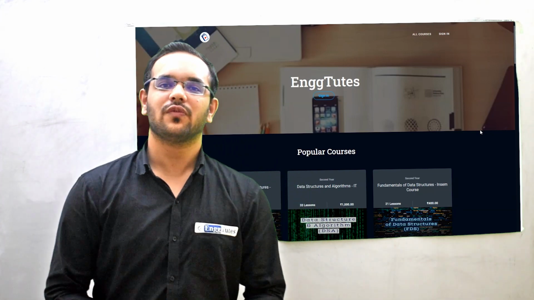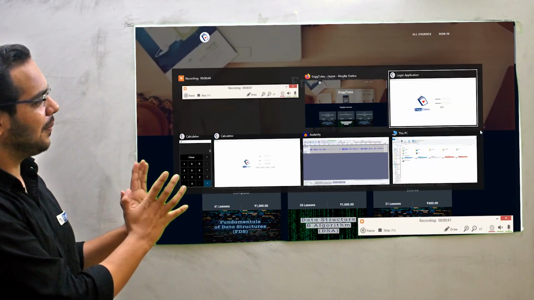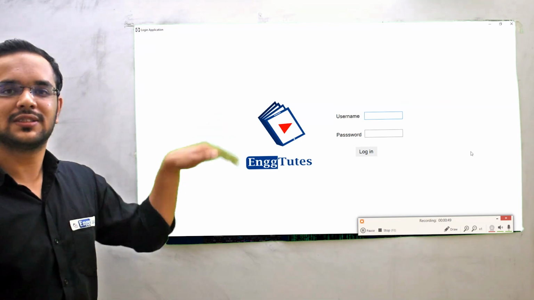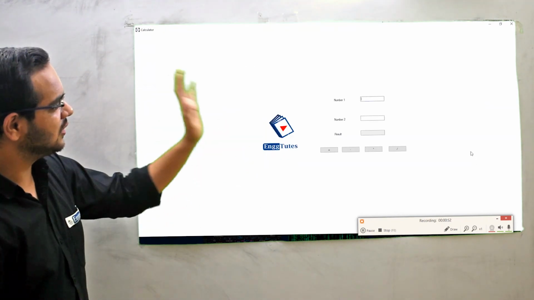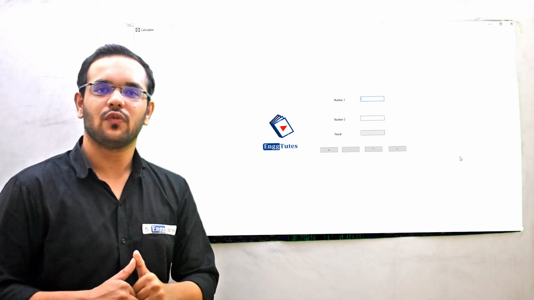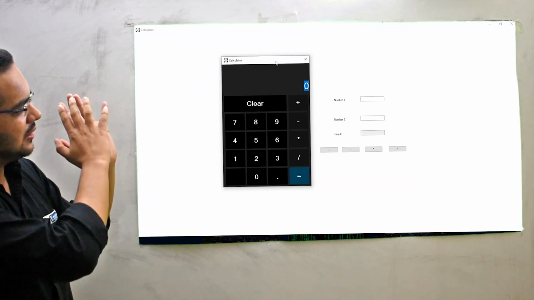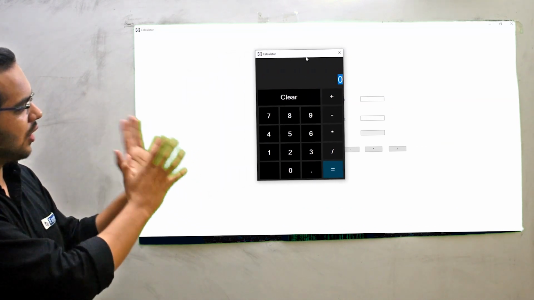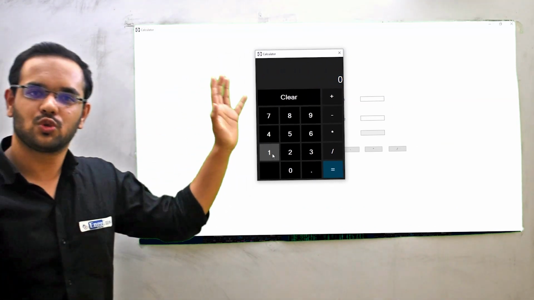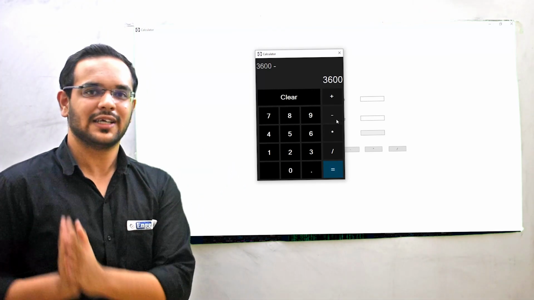In the last video, we saw how to make our first application, a login application. Then we modified this application and transformed it into a simple calculator application. As I told you, in this video we are going to see how to make this beautiful looking calculator, which is not only a real world looking application, but is very close to the default Android or Windows calculator. Right? So let's start.